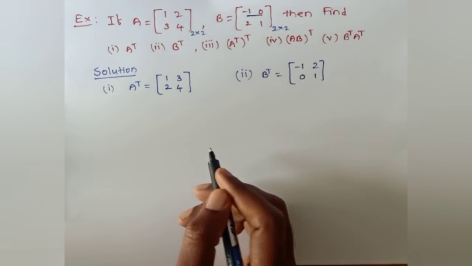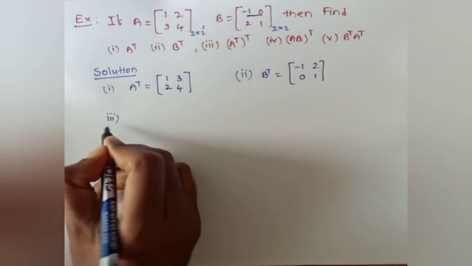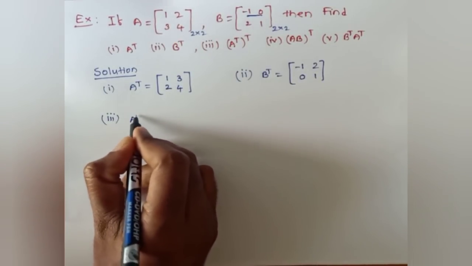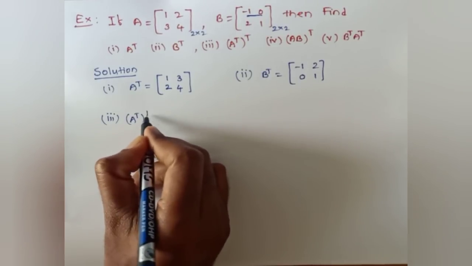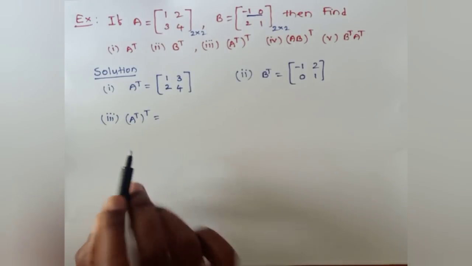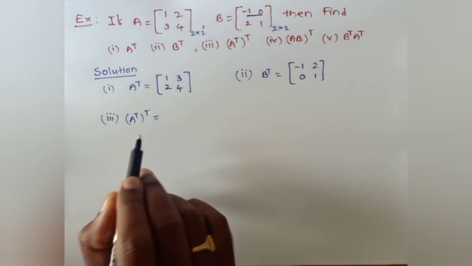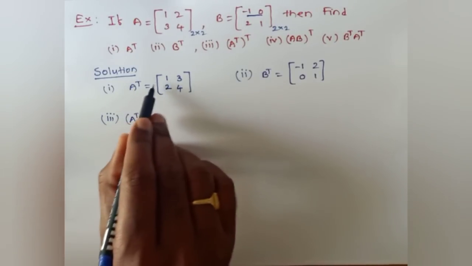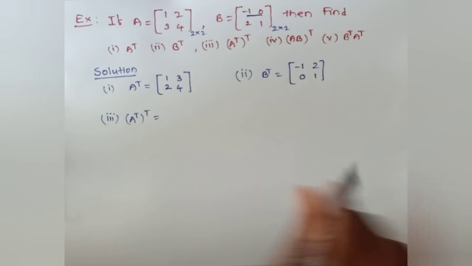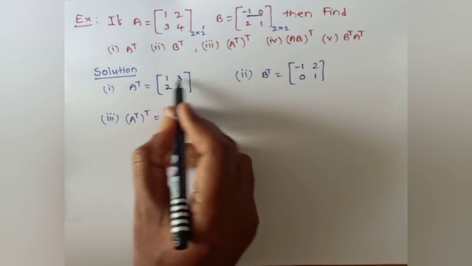So this is B transpose. Next, third one, A transpose whole transpose means the transpose of the transpose matrix. So here, I need to apply the transpose for A transpose, which means you need to apply the transpose for this matrix. So this is equal to, by interchanging the rows into columns,